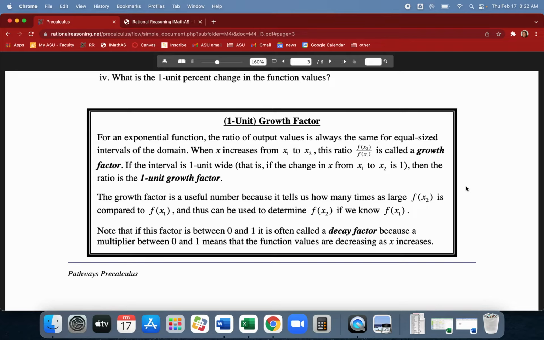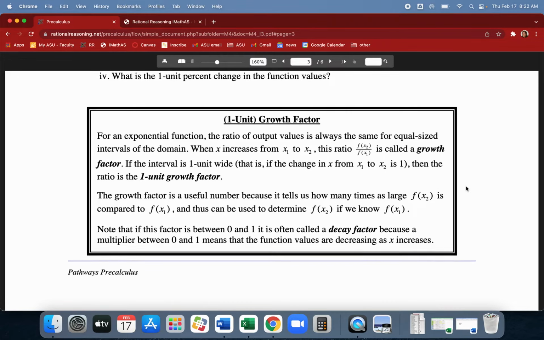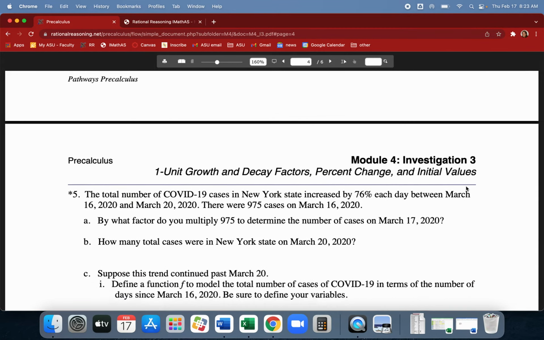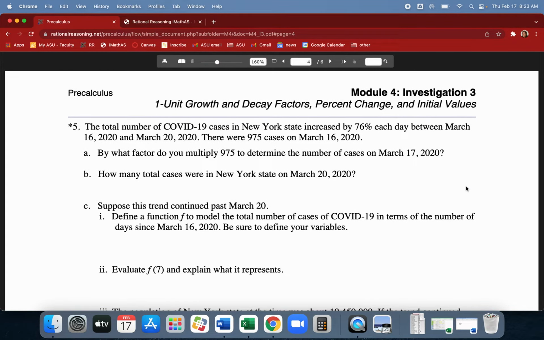So if you're trying to make a function based on knowing just a couple of values, say, well, here's a couple of values. Suppose that there is an exponential relationship or a percent change relationship. Write a function that goes with these. Kind of like if you have a couple of points, it says, write an equation of a line that goes through these points. Well, this is not a line, but writing something else. So, for instance,